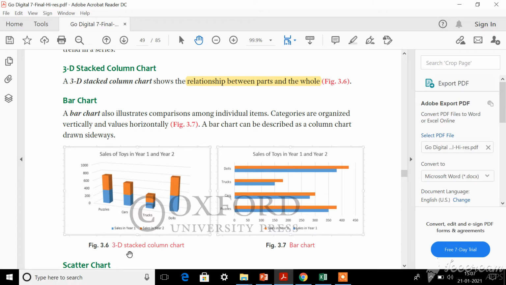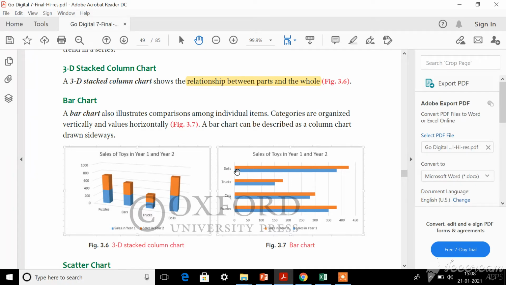Listen, this 3D stacked column chart is for analyzing the relationship between the parts. For year 1 and year 2, what relationship can you analyze from this chart? Whereas this bar chart is also used for comparing individual items.